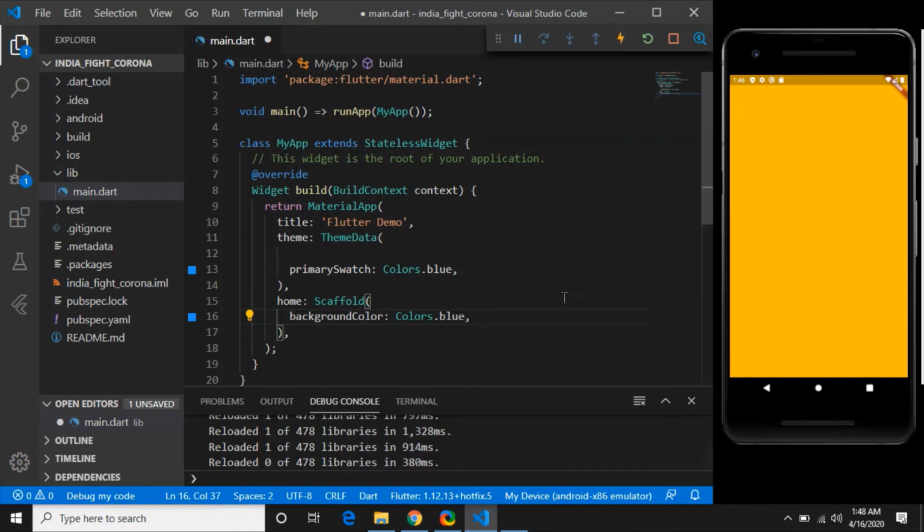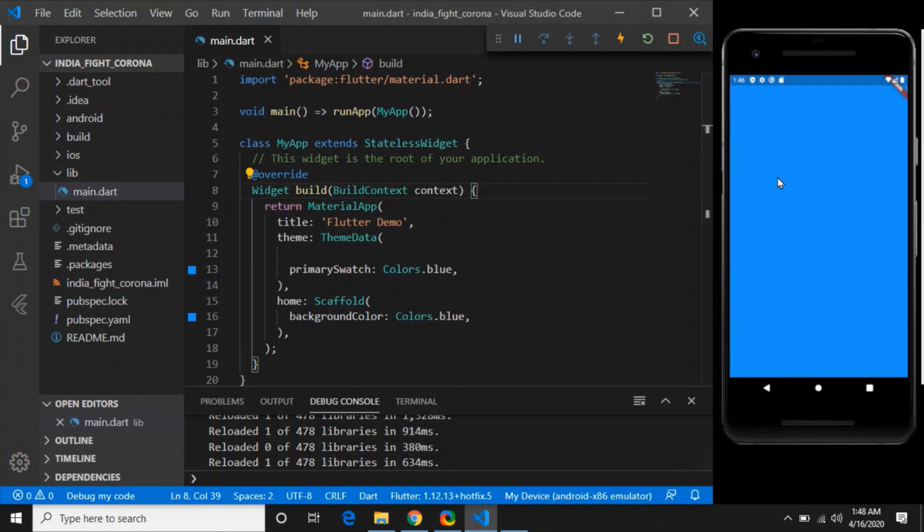Hot restart will be used when you are making changes to the code which affect the functionality, not the appearance. You have to press Ctrl S for effects to take place. So what we are going to learn is this Scaffold, and Scaffold will bring all the visual effects into the app. Moving further, we will use all these options, no doubt, but this is the background color. I will just comment this, and we will start with the basic white color.